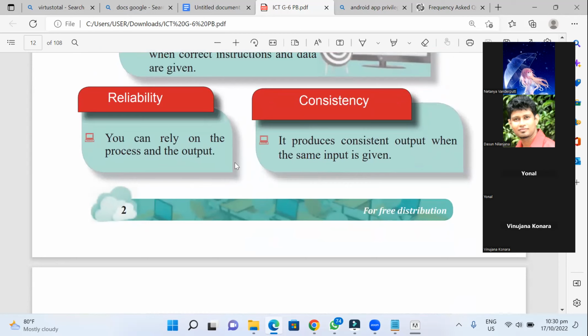Consistency means, if you go and ask your mother, "Mother, what is the time now?", she will reply. If you ask your mother after 1 hour, "What is the time now?", she will also reply. If you ask your mother late at night, maybe 1 a.m., "What is the time now?", then she will get angry because you are continuously asking the same question. But the computer won't get angry. Whenever you ask, it will give the same response. That is called consistency.